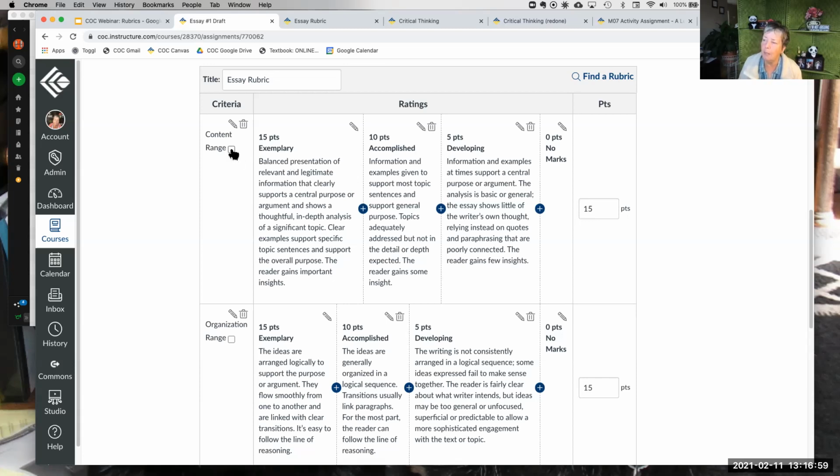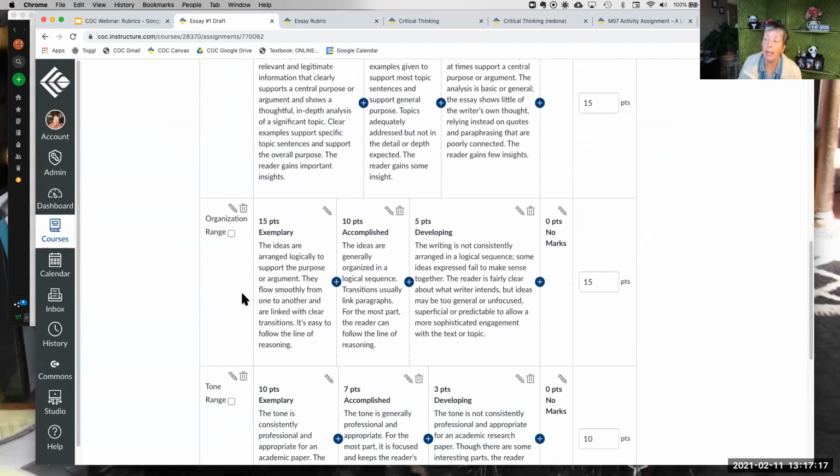And so maybe I only want to give them 14 points instead of 15 points, but it's totally up to you. If you want to use a range, you just tick the box and then you can adjust the range within that particular rating. You don't have to use a range for all of them. You can use a range just for some of your categories or for all of them, whichever you want to do.